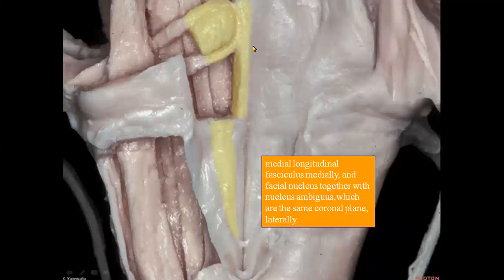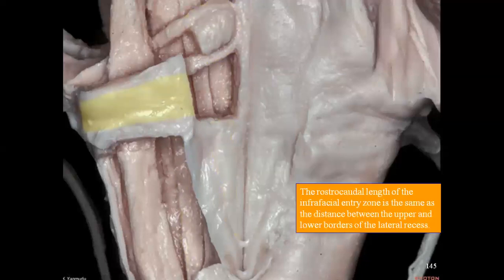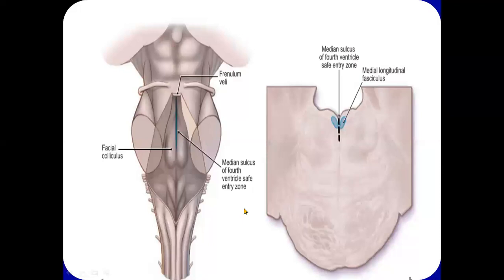The medial longitudinal fasciculus will be medial, and the facial nucleus together with the nucleus ambiguus, which are in the same coronal plane, will be lateral. The rostrocaudal length of the infrafacial entry zone is the same as the distance between the upper and lower border of the lateral pons. Here is another very important safe entry zone